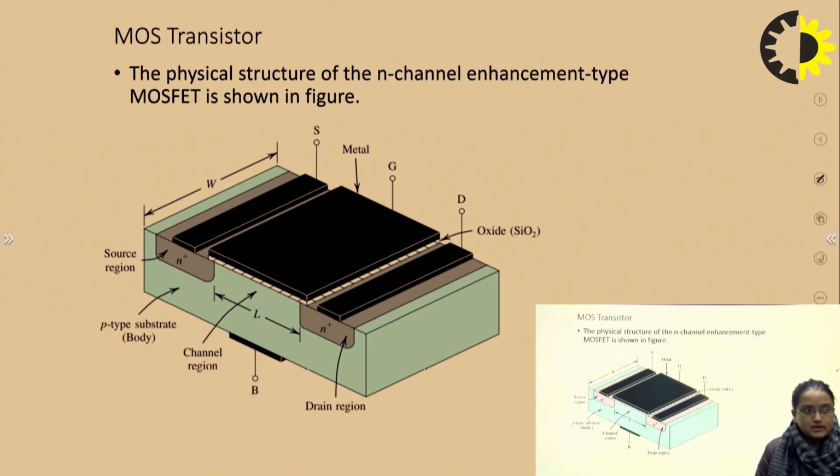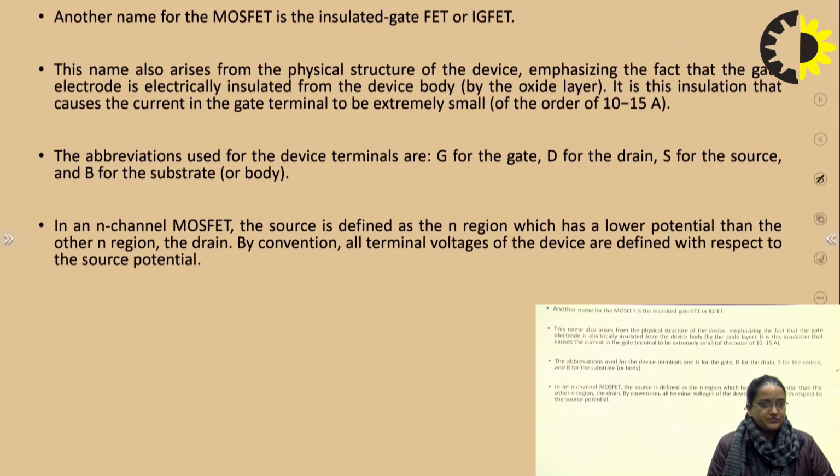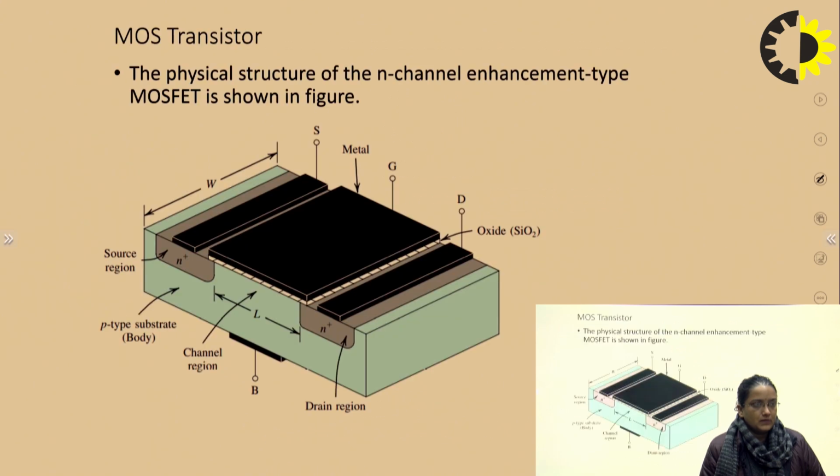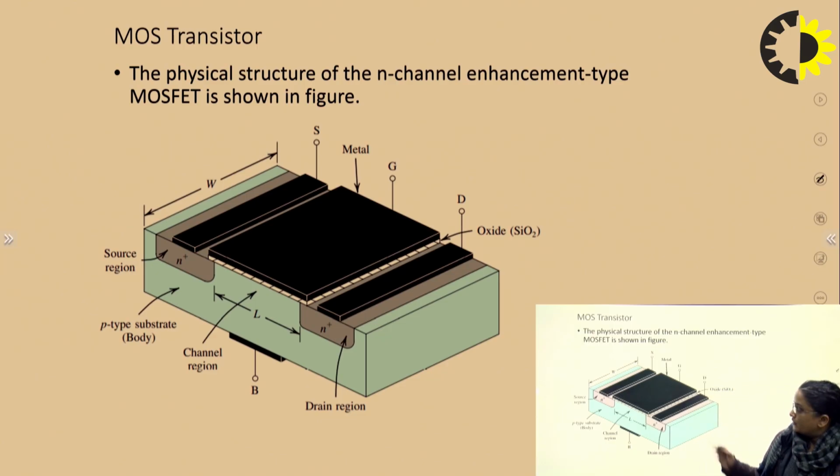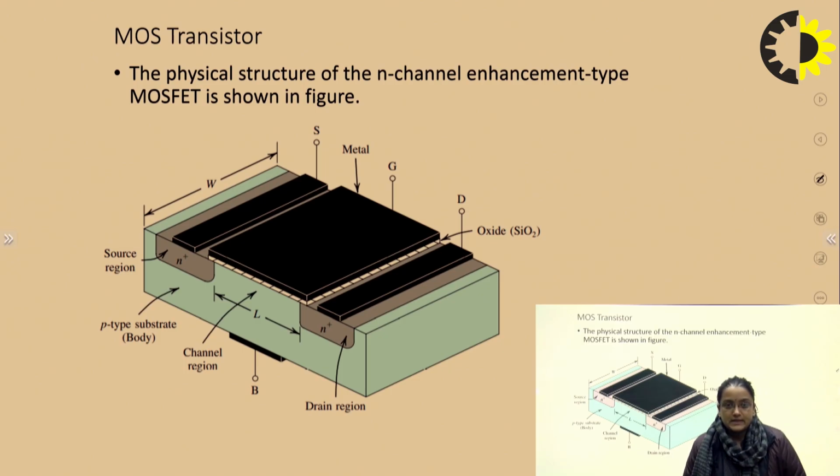This is the basic diagram, or you can say the physical structure of MOSFET, and in this particular slide I have given the three-dimensional view of this. So what is the basic definition of MOSFET? Basically it is an active device and it has 4 terminals: gate, source, drain, and the last is the substrate, which is a hidden terminal, but it plays a significant role. That's why we are saying that MOSFET is a 4 terminal device.